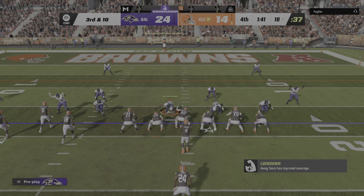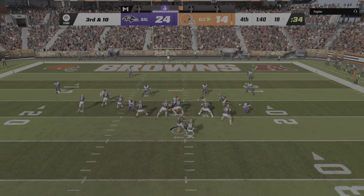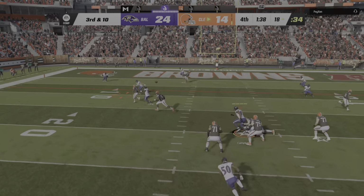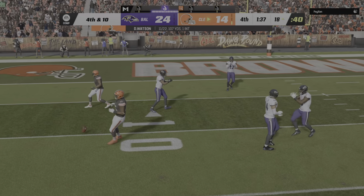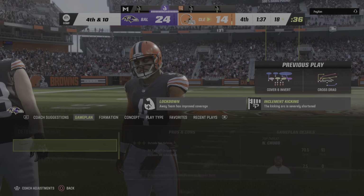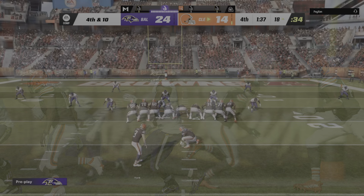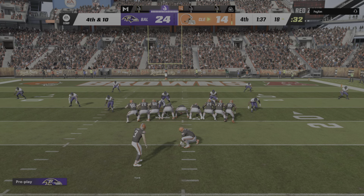Here comes the 7th play now of this drive as this is 3rd and 10. To throw, Watson. And tight coverage there. It's knocked away, incomplete. That means it's just one last chance left, and this has to be a 1st down or a touchdown, or this game's over. So now one of the biggest kicks of the night is...